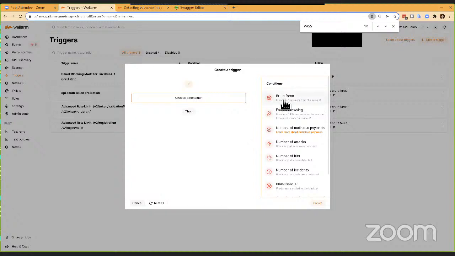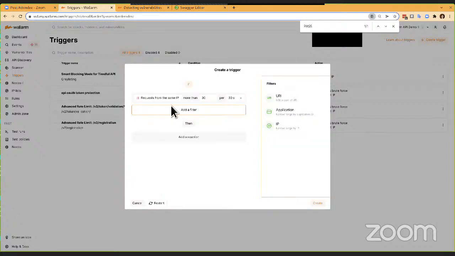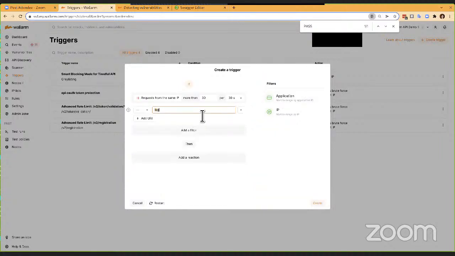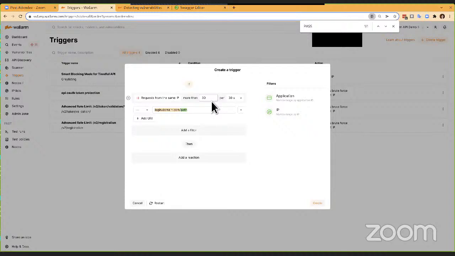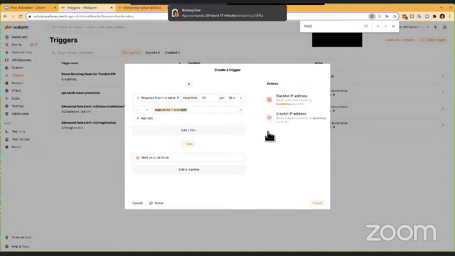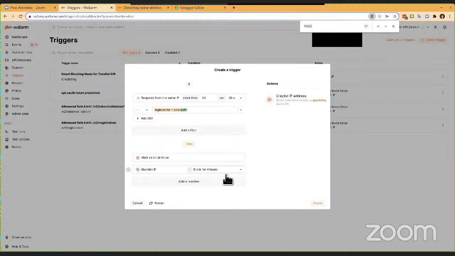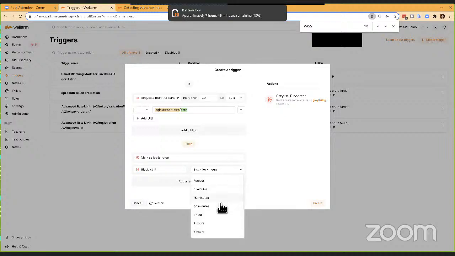actions on them. So for example, if you have an authentication endpoint, a login endpoint that you want to protect, on a specific path, and you don't want anyone trying more than 30 requests over 30 seconds, because that would represent a brute force attack, then you add a reaction. You can mark it as a brute force attack, and the reaction is to mark that IP for 4 hours. So this person trying to go over 30 requests in the last 30 seconds will be in a blacklist for 4 hours. You can define the time you want this specific user to be blocked for: 5 minutes,